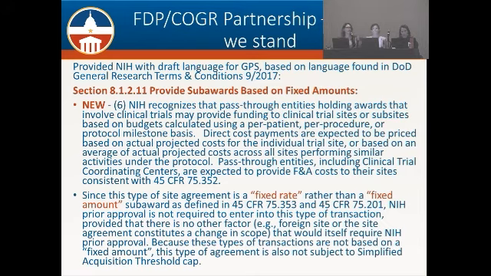Oh, okay. So when it comes to this piece, the threshold of the simplified acquisition threshold, this really doesn't have to do with the procurement section of uniform guidance that you're talking about. This is under the post-award section, 200.331 and 332 of the uniform guidance, which is the requirements of pass-through entities that have to issue subawards to subrecipients. If we choose to use fixed price, it states in there that we have to get prior approval and we cannot exceed the simplified acquisition threshold. So they're just using the simplified acquisition threshold as a threshold, but it's not tied to the procurement piece.